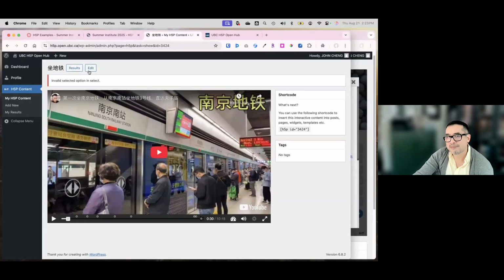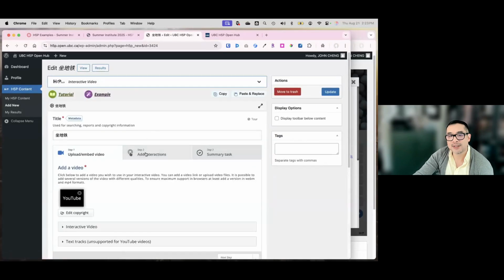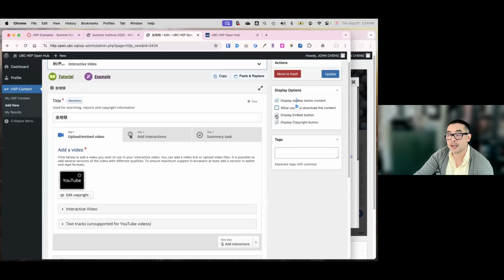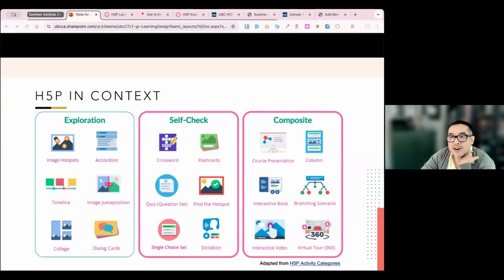You can ignore this error message. Sometimes that happens. If you want to deselect certain aspects, like I don't want the ability for users to download this and use it, you can deselect that. You can deselect the embed function, but you maybe want to keep the copyright button, the rights of use. You can do that as well. Yeah, it can be fairly intuitive once you start playing around. I would just say it does take a bit of time, but play around. And yes, you could definitely